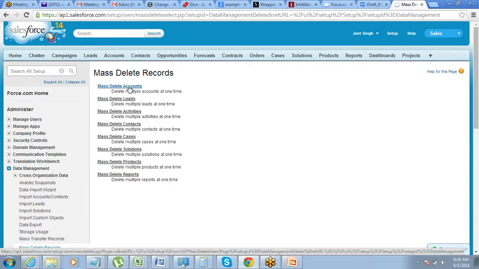Okay, now small thing before we get into the mass delete. Why would we delete data? What can be the situations where we will delete data? Any ideas? We have some data in Salesforce, why would we delete it?